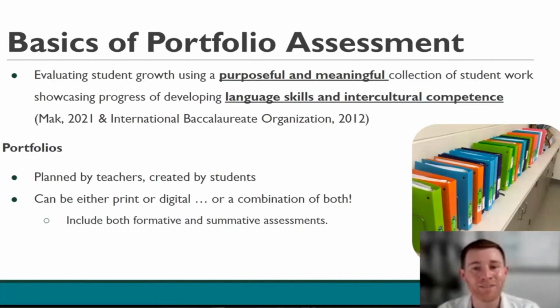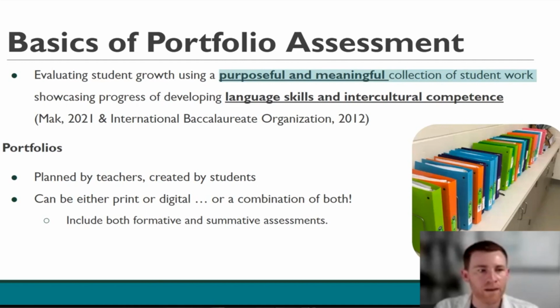But some of the fundamentals of portfolio assessment, kind of moving on. So like many language assessments, like the one that we just saw, portfolios really do intend to measure a target feature of the target language, whether that's listening comprehension, speaking ability, another linguistic or intercultural skill or competence. However, unlike other assessments, portfolios are made up of a collection of student learning that spans multiple measures, assessments, various artifacts, kind of with the intention, as we saw before, of demonstrating through measurable means and reflection, student development and